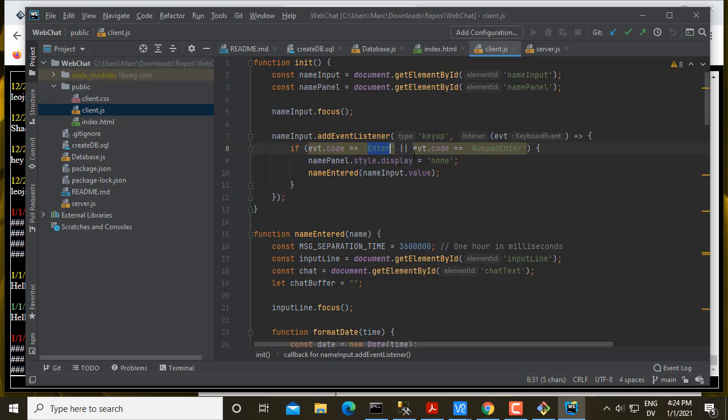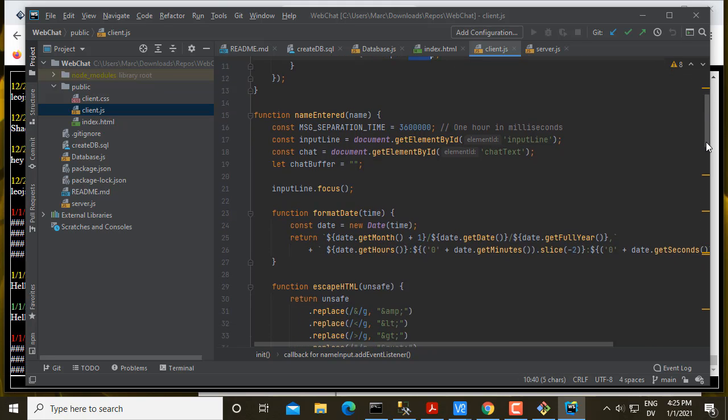And it's looking for either the enter key or the number pad enter to be pressed. When it gets that, it goes ahead and hides that input dialog and also the background screen that it's sitting on. And then it calls the name entered function along with the user's name. So name entered